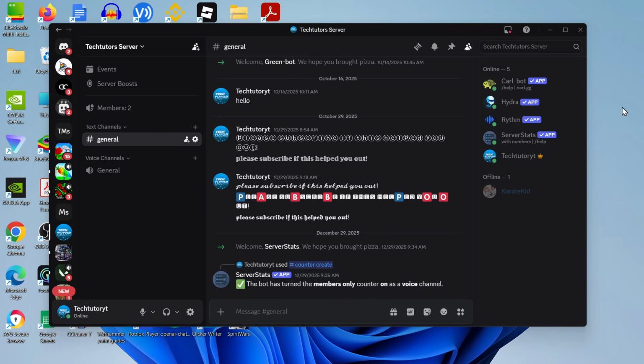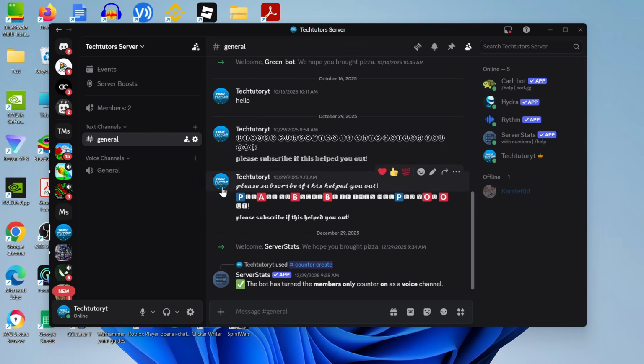So if you are finding that every time you're starting up your PC that Discord is opening automatically and you don't want this to happen, as this can make it longer for your PC to fully load through, or maybe you just want to stop this from happening because you don't use Discord all the time, there's actually two ways to do this. The first way to do this is once you've got Discord opened,